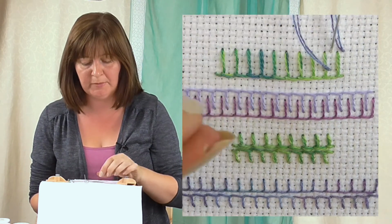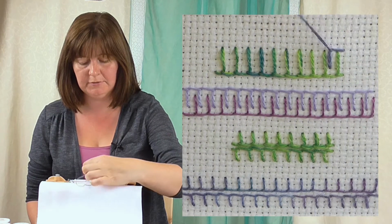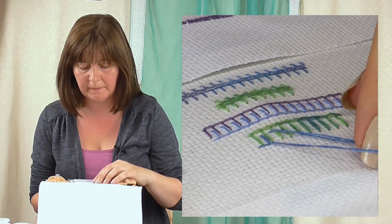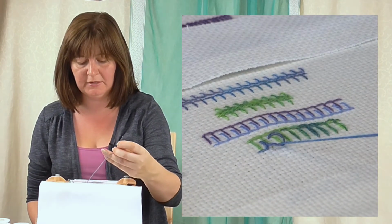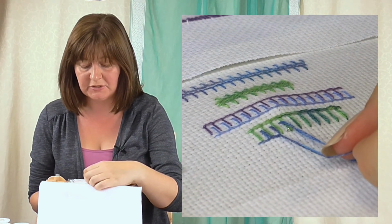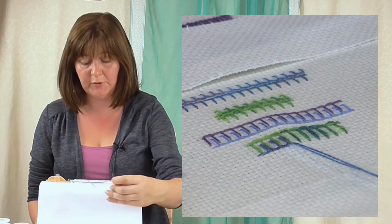So there's my loop, up inside the loop. Instead of tensioning it towards me, I'm just going to tension it away, and there's my L shape. So back down between, back up in the loop, tension it away to get those L shapes. So you can really work this any way up you like. It is easiest just to turn your frame around, but if you learn it this way, you can also then